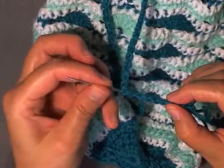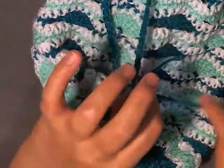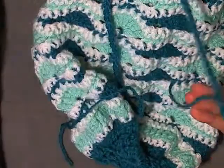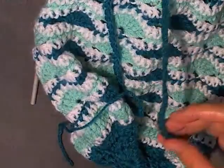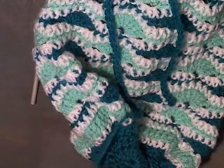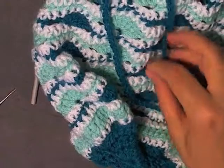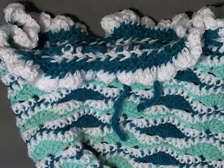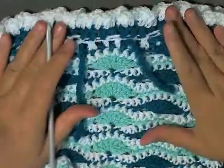Pull it through the chain. Cut my yarn. And that's how you'll hide your tails on the end of your ties. Okay, to make the straps, figure out which color you want to use and make sure that you stretch